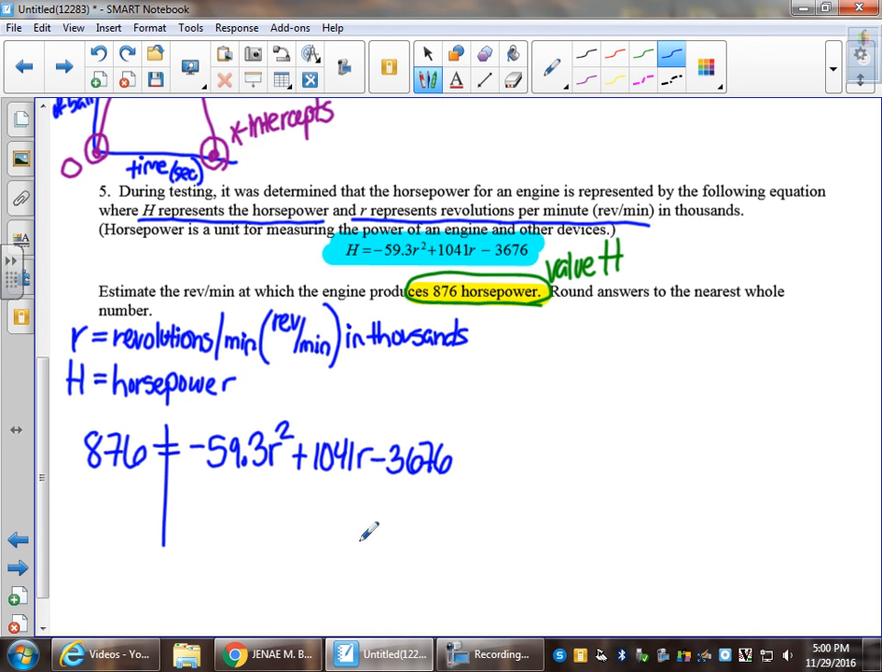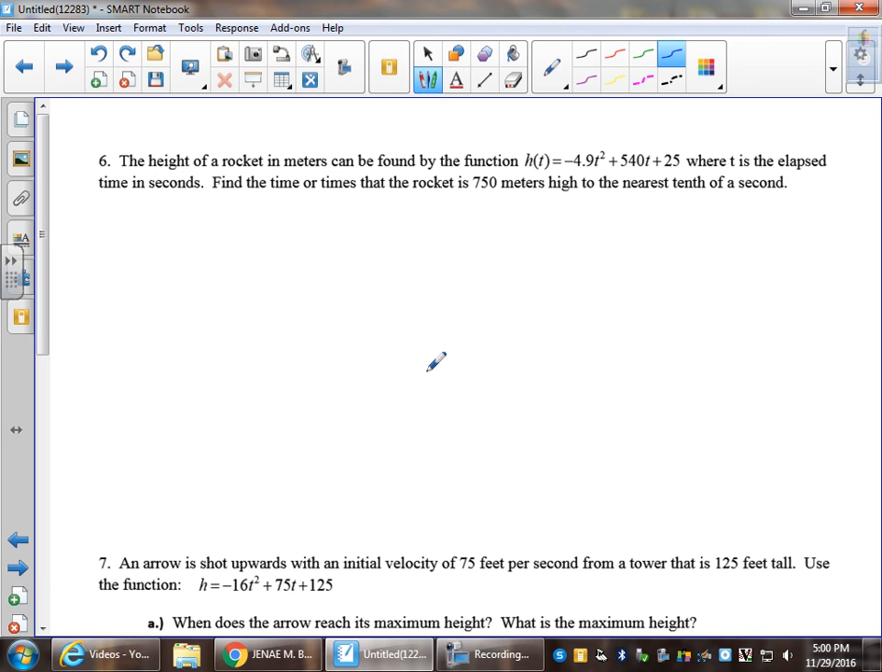And that's it for the hint. I have to stop myself from continuing to talk. Hint complete. Number 6. The height of a rock in meters can be found by the function